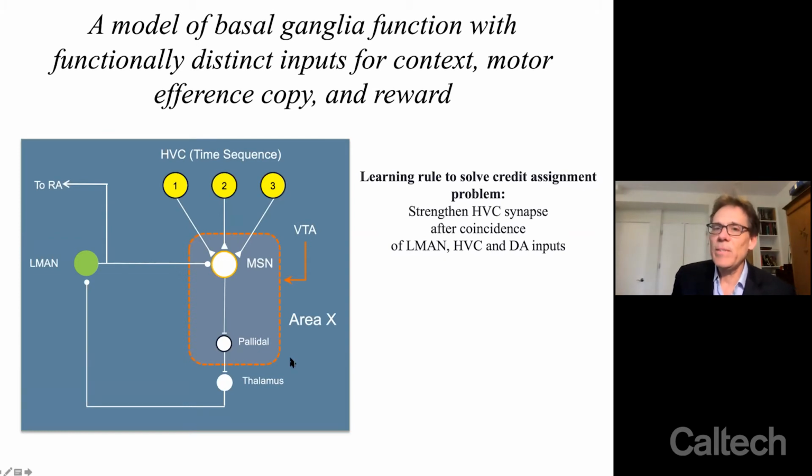As the bird sings, HVC neurons are sparsely active at each time. If at one particular time point, let's say this time point 3 here, the L-man neuron is active, and that leads to a better song outcome, namely resulting in activation of VTA, this would lead to the strengthening of this particular HVC to MSN synapse.